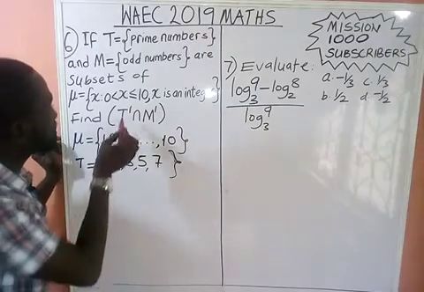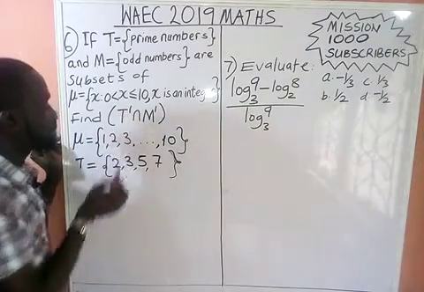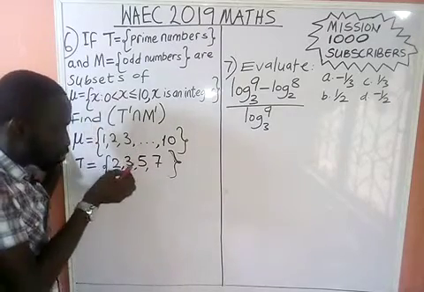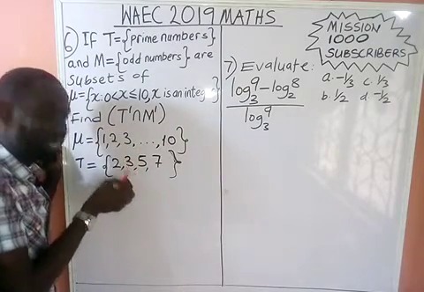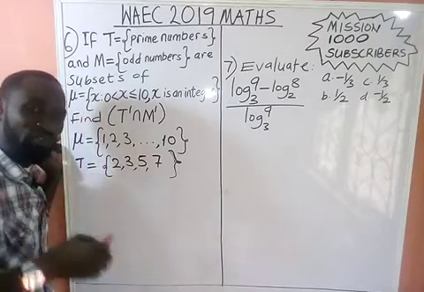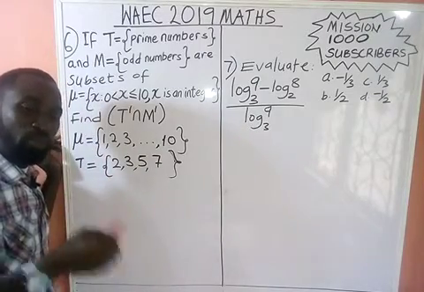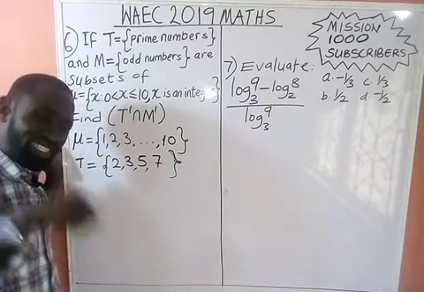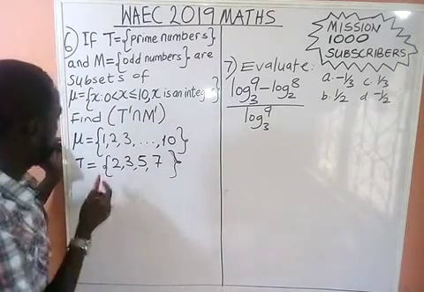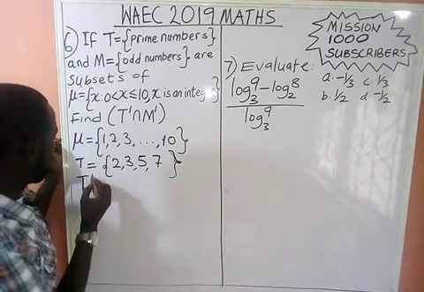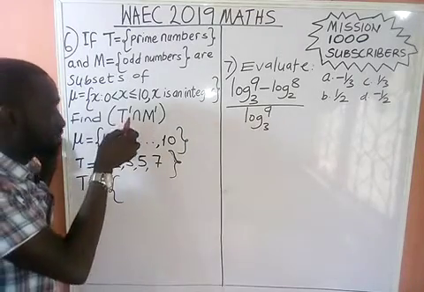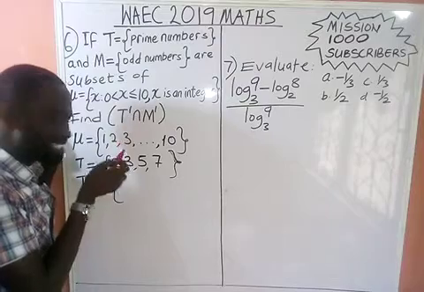So now what is T prime? T prime means numbers that are found in the universal set but not in set T. Prime is a function of the universal set. Prime means what you see in the universal set, but you will not see in that set. Are you with me, class? What is our T prime? Meaning what I can see in this universal set, but I will not see in this set.